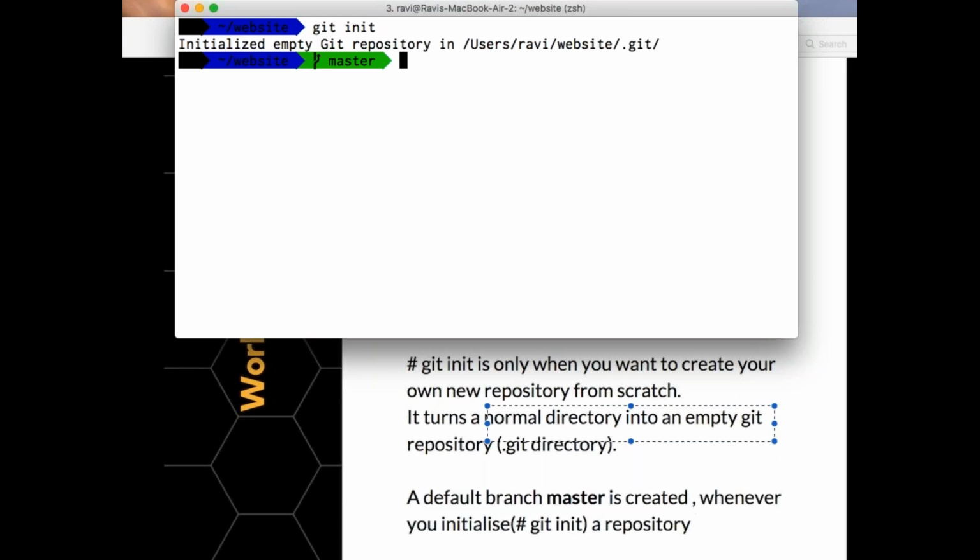Once I do that, what does it say? Empty repository. Why empty? Because currently there is no file present here. Now let's say you already had 5 files and you did git init. Version control will not be available for the earlier 5 files. Your 5 files are not going to have versioning, but from this point in time you are going to have versioning. Whenever you do git init, that is when you start tracking your project.